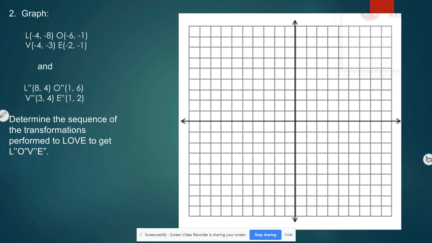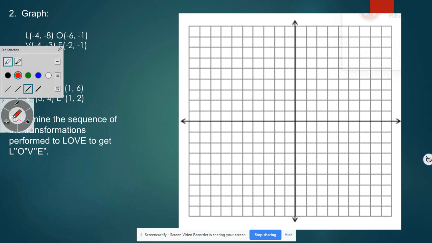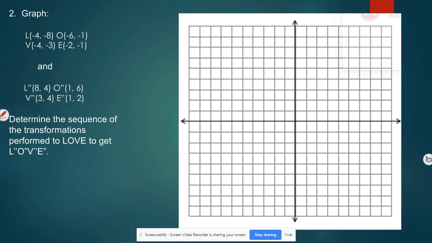Okay, so again, we're going to graph these shapes and decide what transformations occurred. So we have LOVE and LOVE double prime. Our hint again is that two transformations occurred. So we start with -4, -8, so we go left 4 and down 8